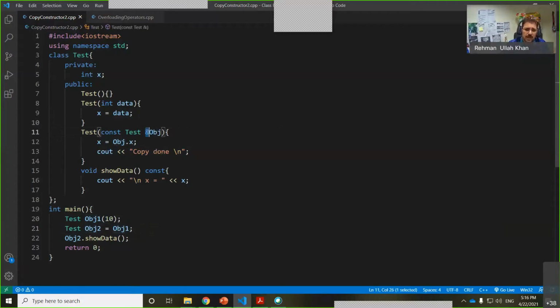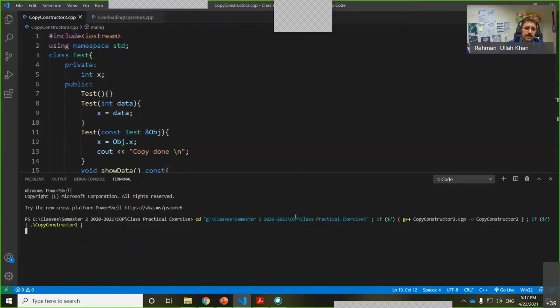Now you see, when you are using a reference argument, note the point, that time there will be no copy. This variable and this variable both refer to the same memory location. But if we remove this, then this one is a different memory location and this one is a different memory location. Then there will be a copy process. This value will be copied to this. When there is a copy process, another copy constructor will be called. In that copy constructor, again there will be a copy process, and it will become a recursive call to the copy constructor. Okay, I hope it is so simple and you already know the coding.